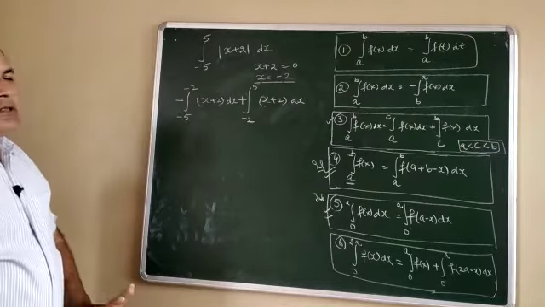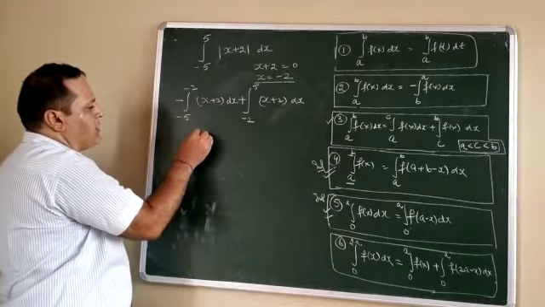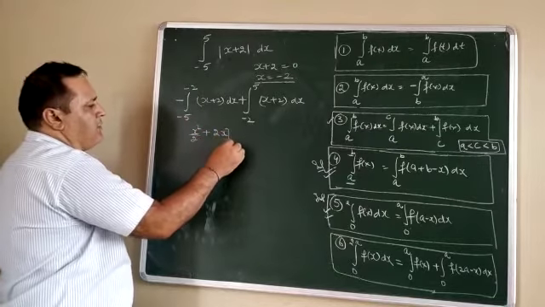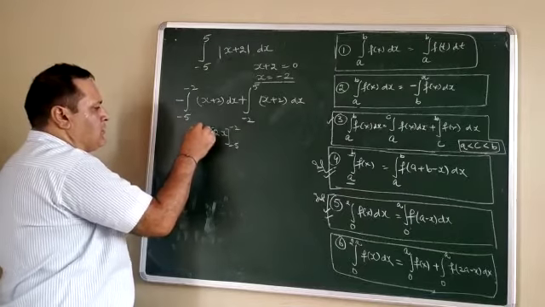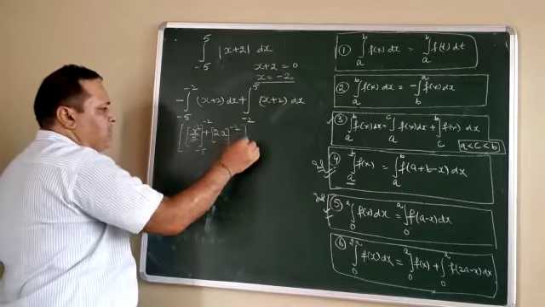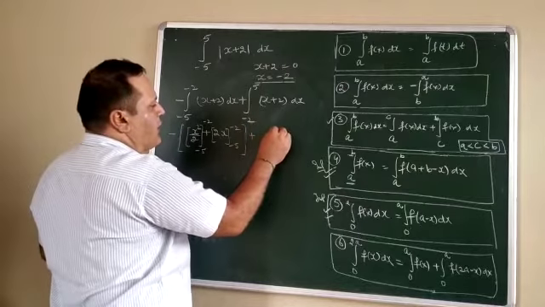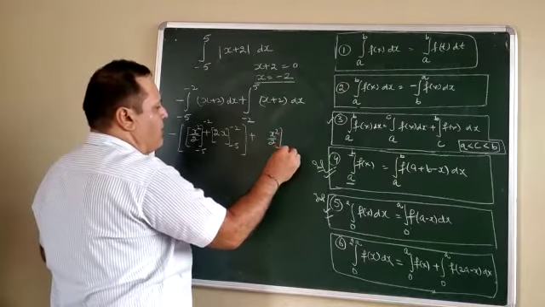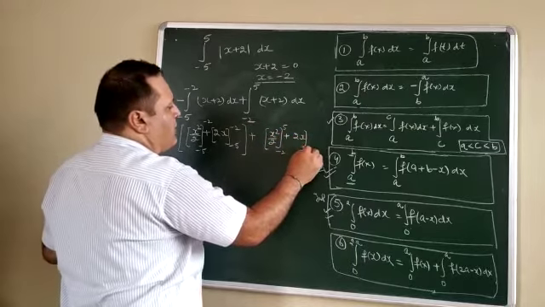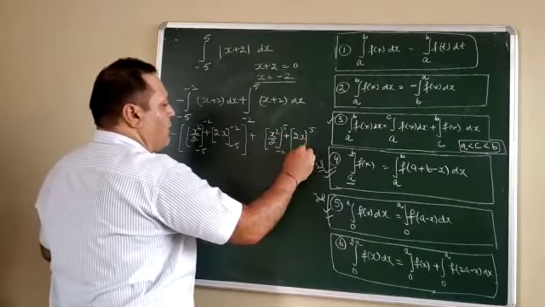After that, now it is a simple question. You can simply integrate and substitute the limit. Integration of x is x square by 2. Integration of 2 is 2x. Limit from minus 5 to minus 2, and this complete result contains a negative symbol. Similarly, plus integration of x square by 2 from limit minus 2 to 5, plus integration of 2x from limit minus 2 to 5. You can substitute the limit here and after that you can find the result.